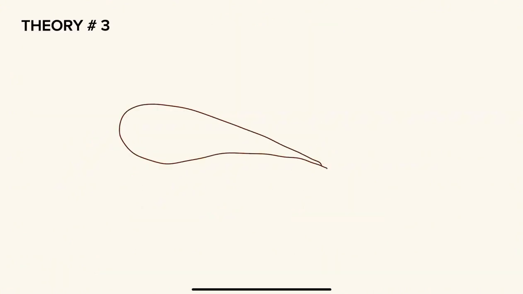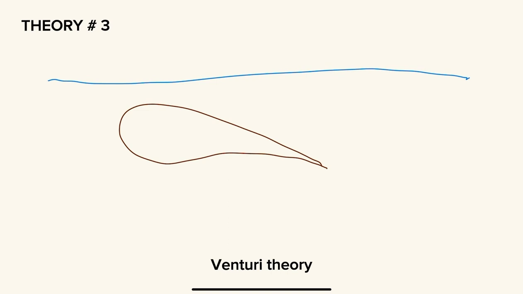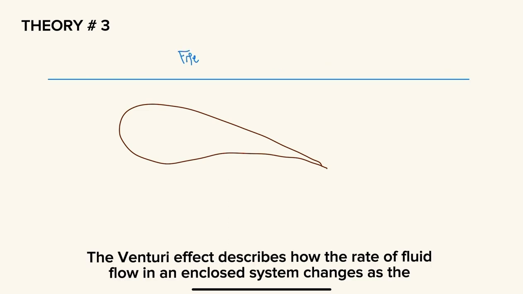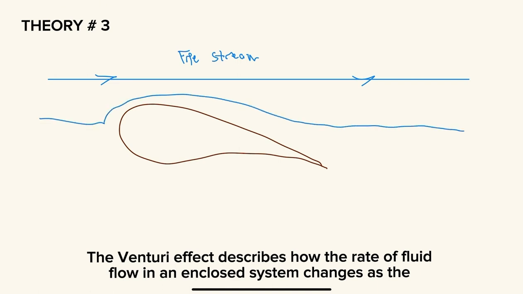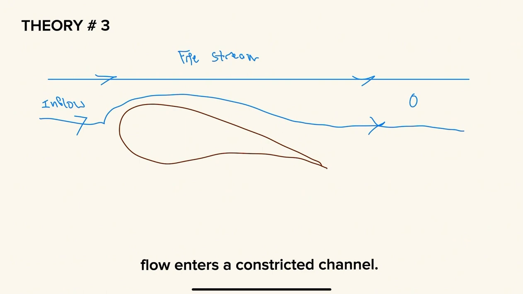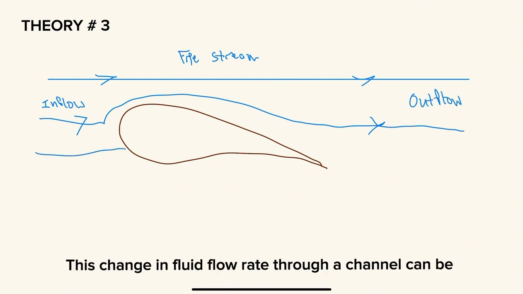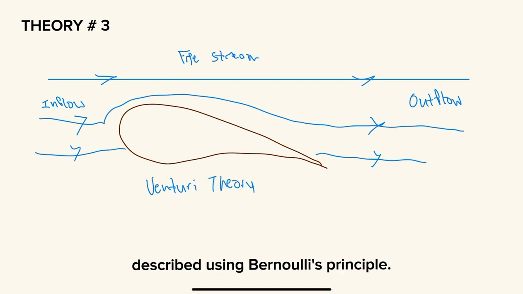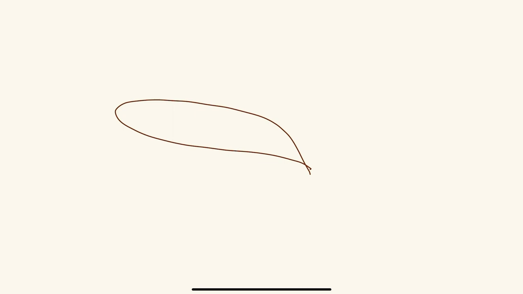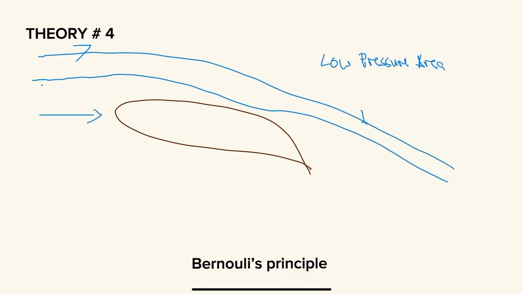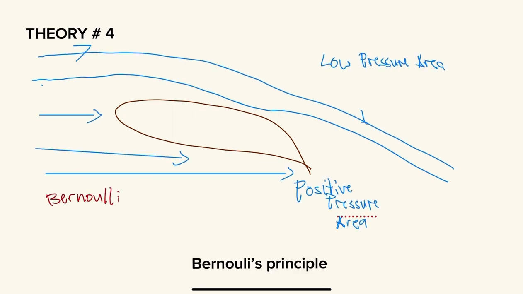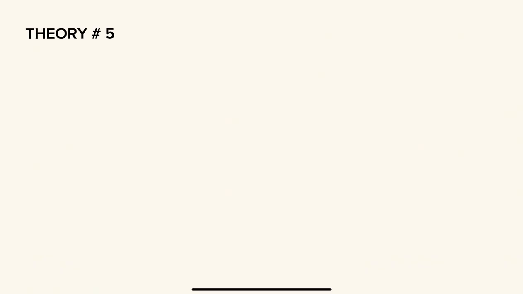Number 3. Venturi theory. The Venturi effect describes how the rate of fluid flow in an enclosed system changes as the flow enters a constricted channel. This change in fluid flow rate through a channel can be described using Bernoulli's principles. Number 4. Bernoulli's principle, which my partner mentioned earlier. And the last is the